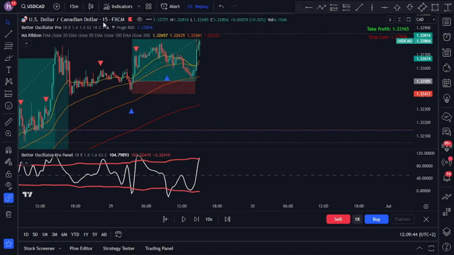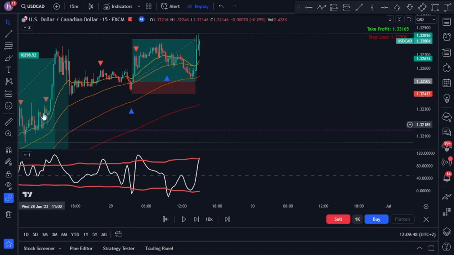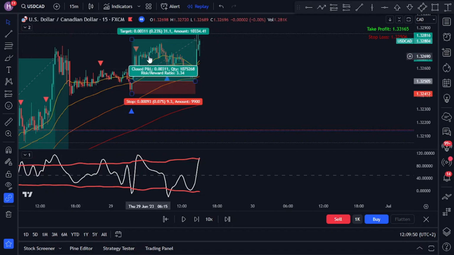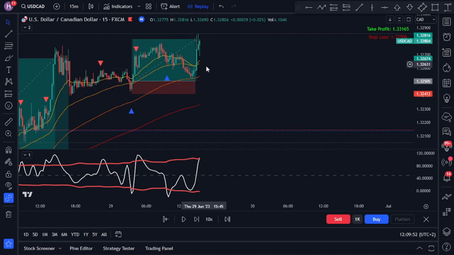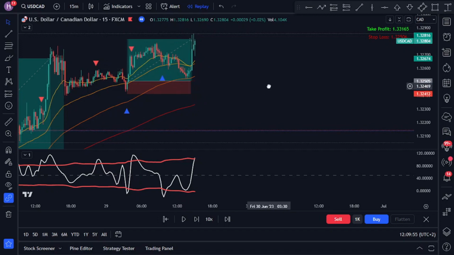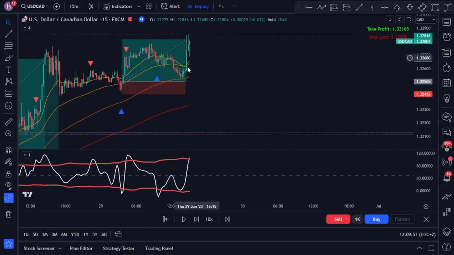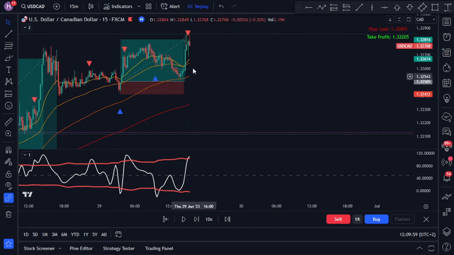This time on the chart, I have selected the USD CAD on the 15-minute time frame. And from price action, we can see that the market was forming higher highs and higher lows above the moving average ribbon. Additionally, we get a sell signal from the Better Oscillator Pro showing an end to the uptrend and